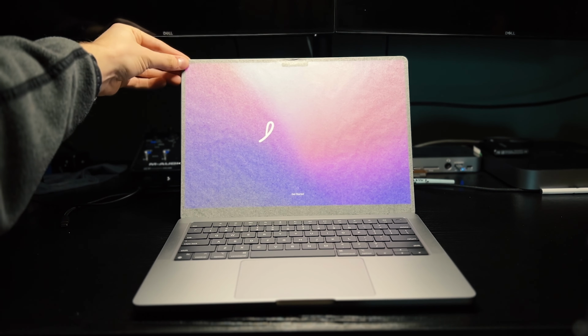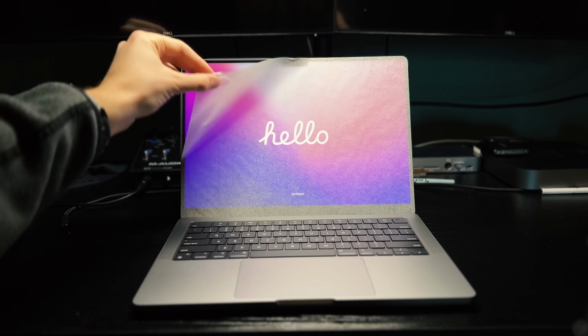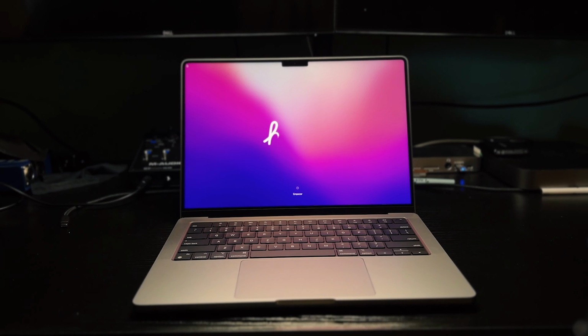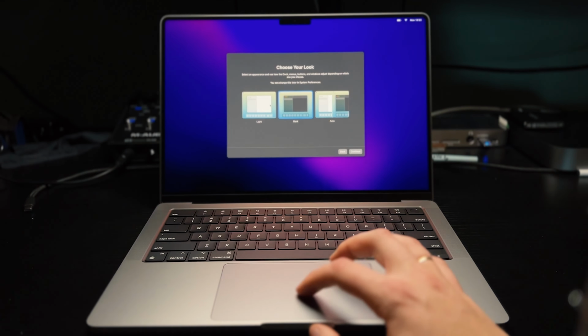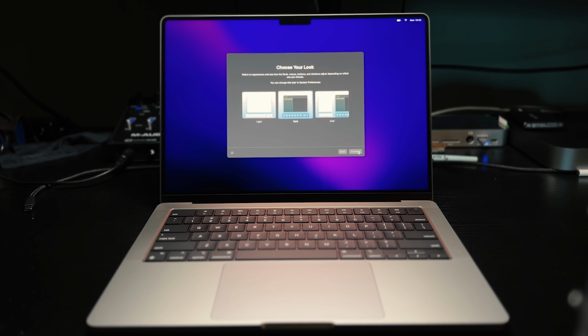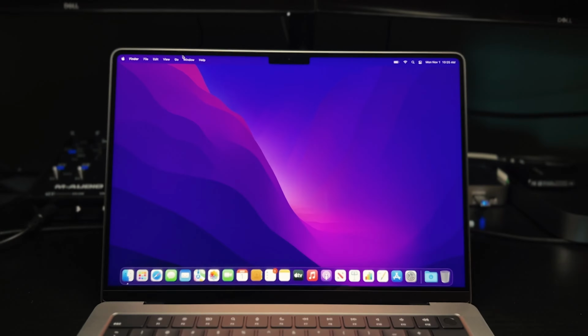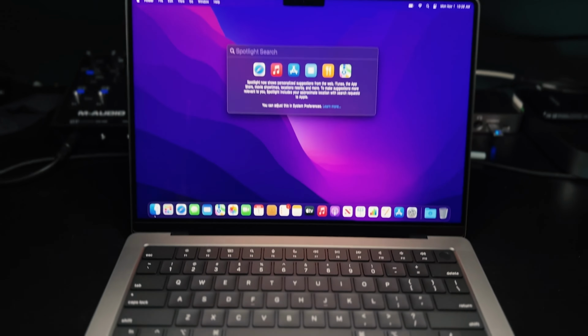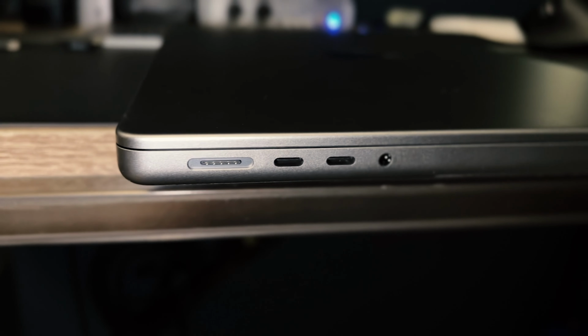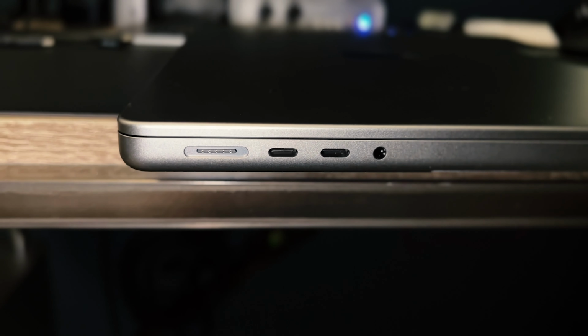Last few things as the MacBook is booting up and I'm finishing up the setting up process, I thought I would try out a quick render test. I know that I could be getting more potential out of Final Cut or DaVinci Resolve. However, I use Premiere for all my editing. So I wanted to do a quick export test comparing it to the Mac Pro that I use on a